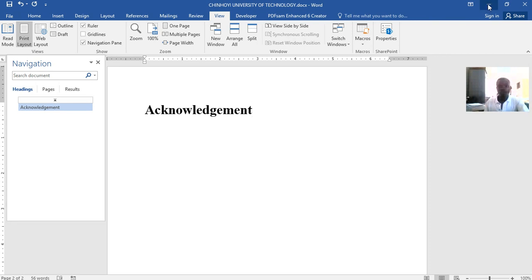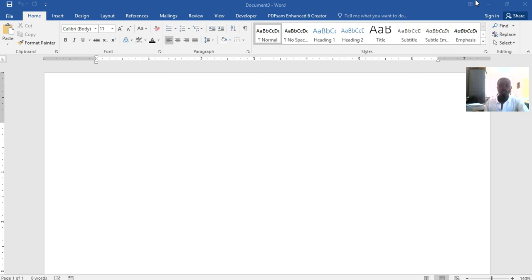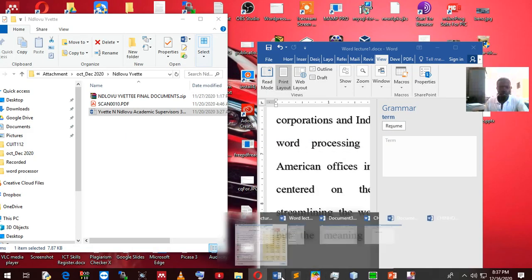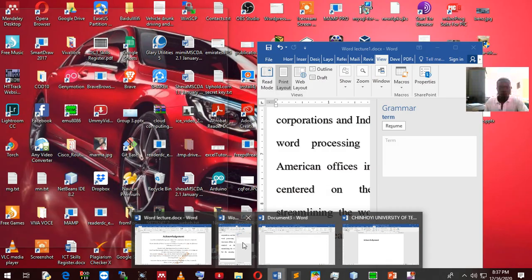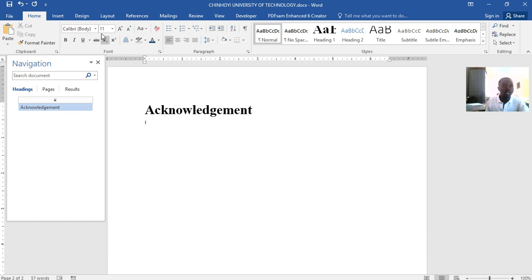I now copy and paste the acknowledgements. Maybe you may type the acknowledgements by yourself to say I would like to thank. Let me just press enter and start to type my acknowledgement message here. I want it to be of size 12, right, and I want it to be italicized. I'll say I would like to thank my wife for encouraging